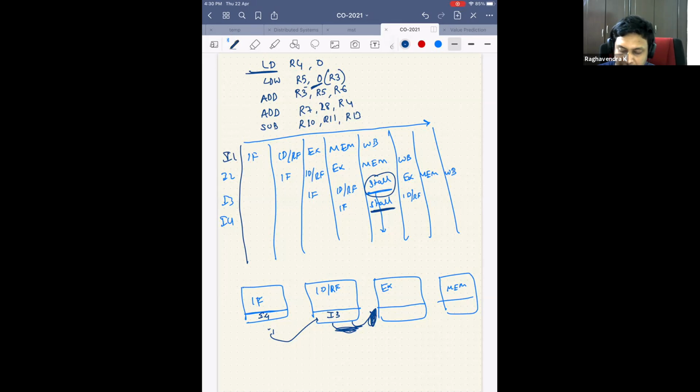I cannot push whatever I have fetched here, I have fetched instruction 4. Whatever I have fetched, I cannot push it to the instruction decode register fetch register, because it is itself busy. It's like I have a guest. I want to push him out to somebody else, maybe to your place. But you already have a guest, so I cannot push my guest to your guest.